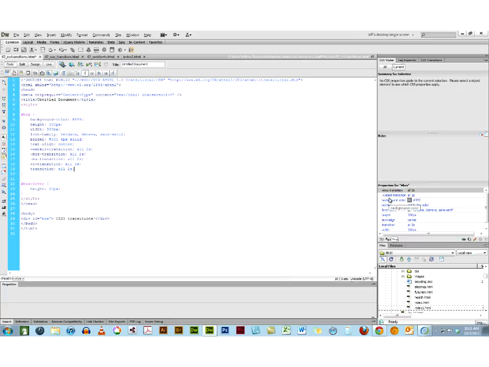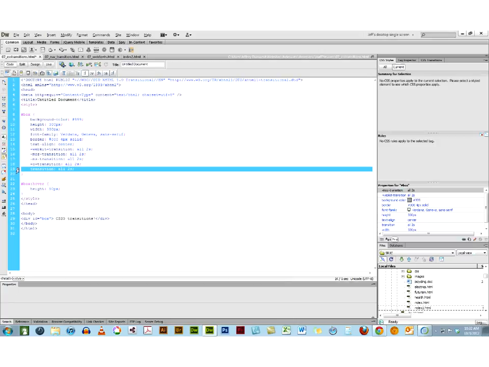Now if I look at this in the Styles panel, I'll see all of that information, and I'll also see some new lines of code that say some information up here. But you see there's even more lines of code here, because we have to deal with